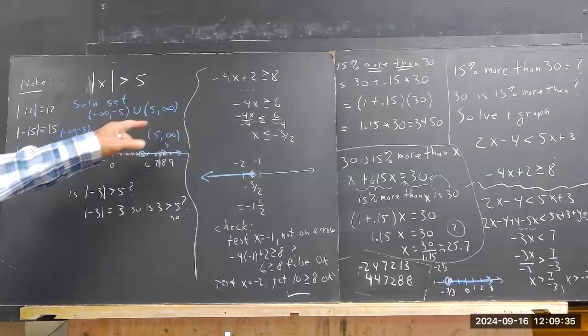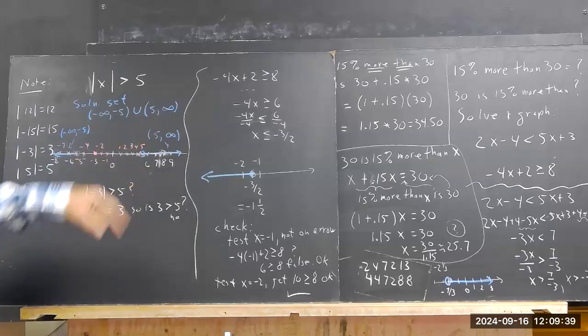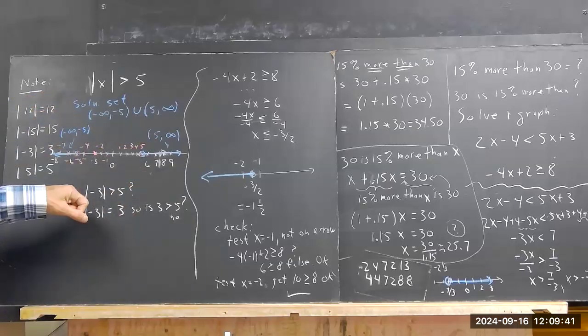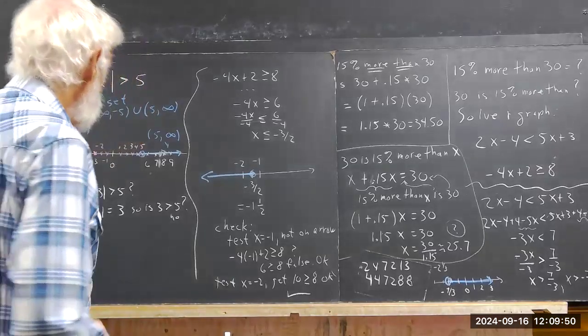Now you've seen that notation, I believe, in OpenMath. I've used it some here. It means the interval from -infinity to -5, and 5 to infinity. And one way you can understand what it says is